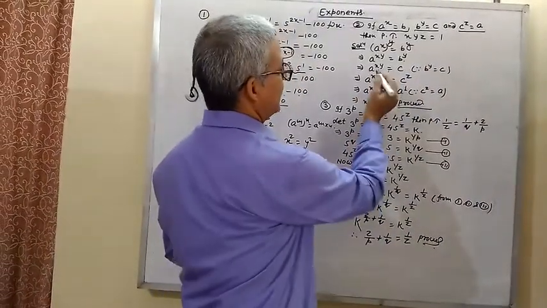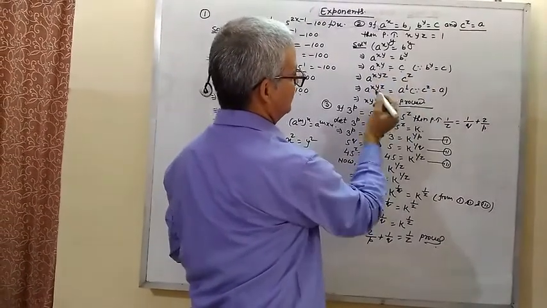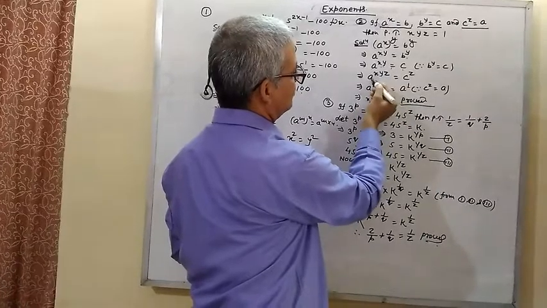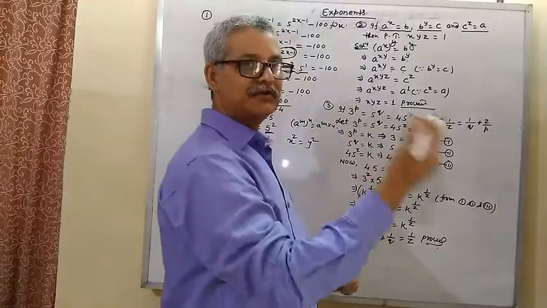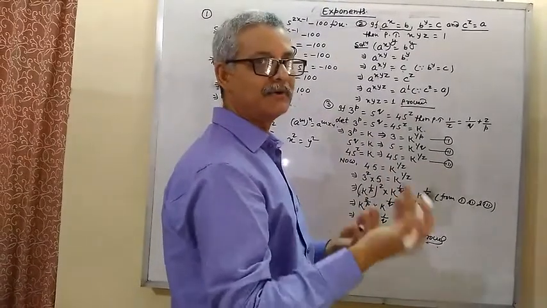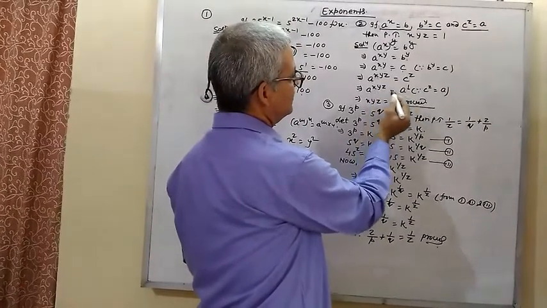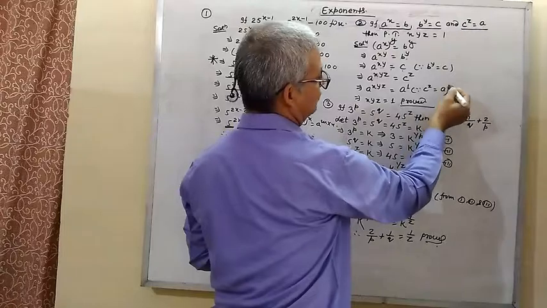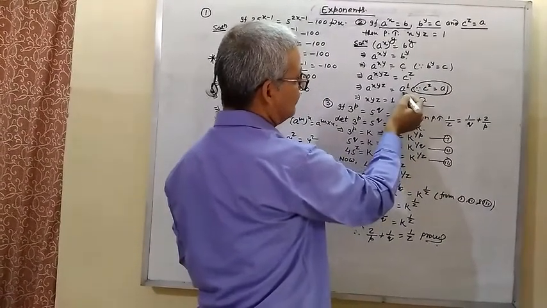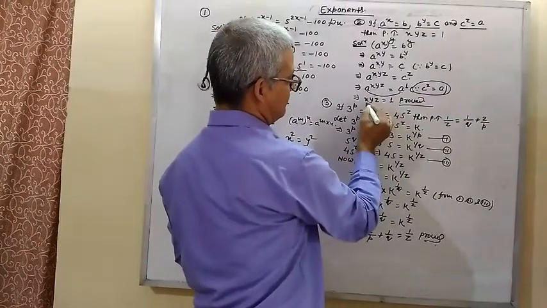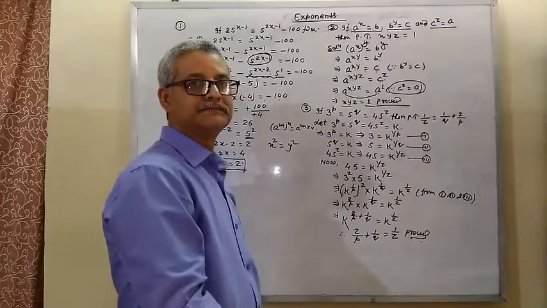Similarly, when we have a to the power xy is equal to c, now again make the power z. So if we raise both sides to the power z, then a to the power xyz is equal to c to the power z. Both sides can be squared, both sides can be cubed, or power 4 on both sides, it can be done anywhere. So now a to the power xyz is equal to c to the power z. Already you see that c to the power z is given as a. So this c to the power z can be written as a to the power 1. Now if the base is same, then again the powers will be equal. So xyz is equal to 1.